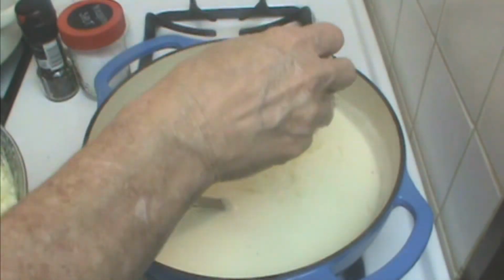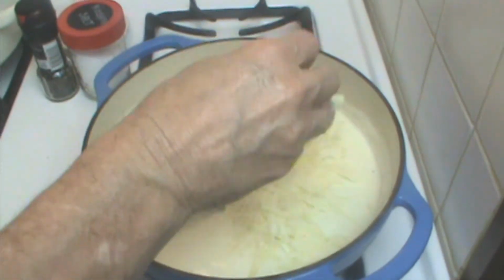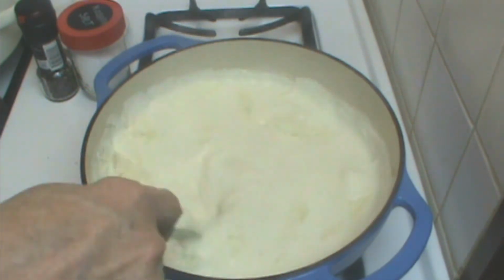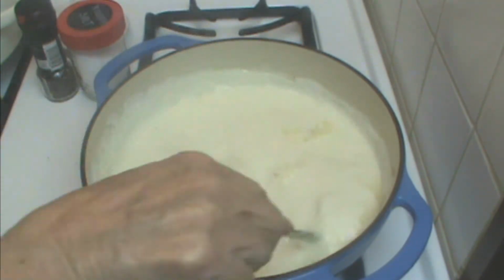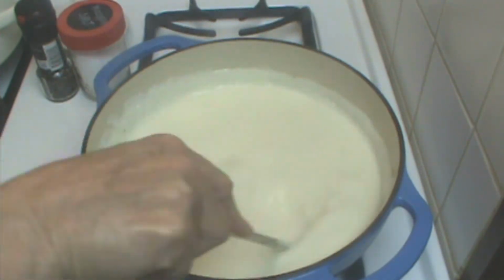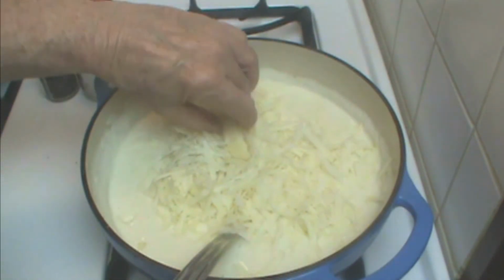Traditionally, you would have 1 part Parmesan, freshly grated, 3 parts Gruyere cheese, but you can use any cheese you like. This is Romano and white Vermont cheddar, which is what we like, and I'm going to make mac and cheese, and those go pretty well with that. And you have some flexibility with the amount. This is,